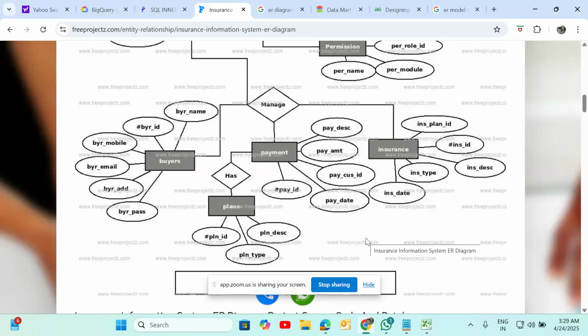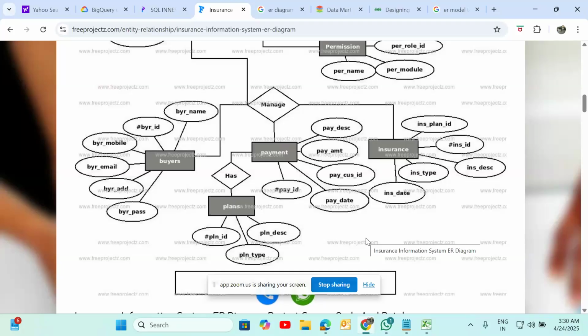Concept-wise, only payment is my concept, right? Payment is a concept. So based on payment, how do we create the data mart? Yes, you can create it based on these tables: buyers, plans, insurance.